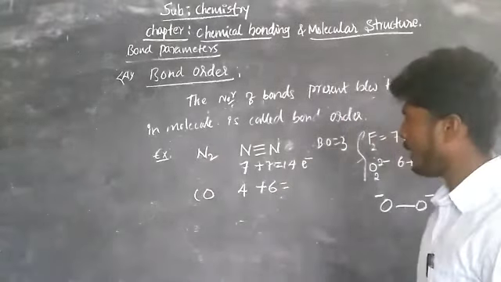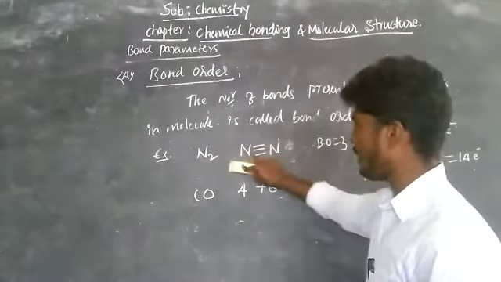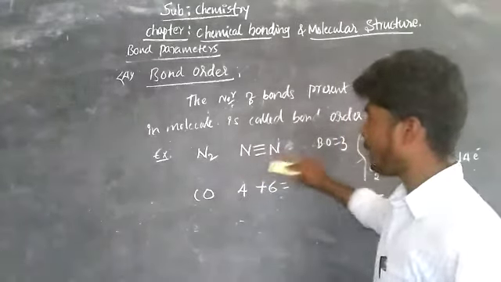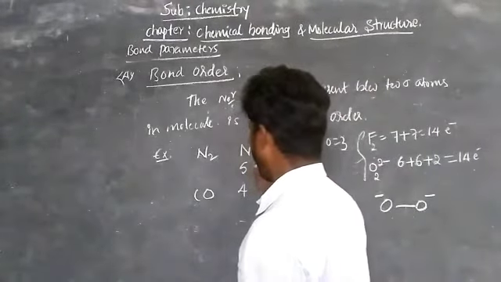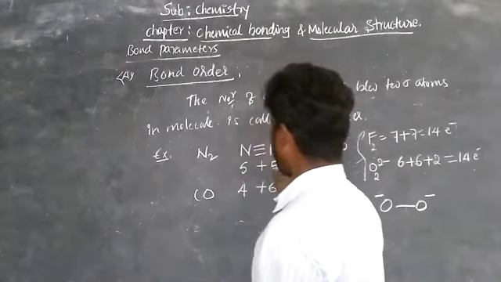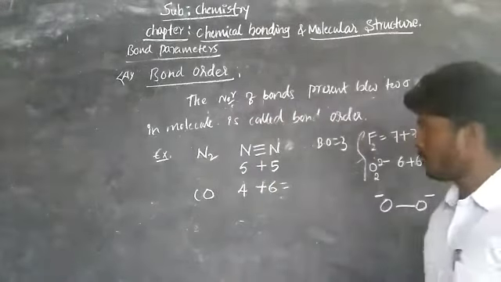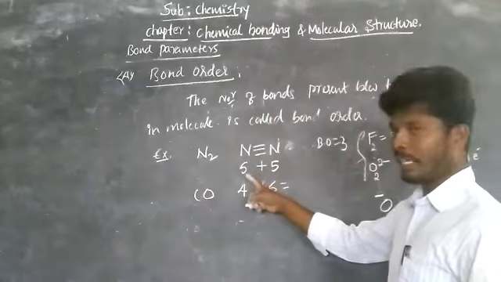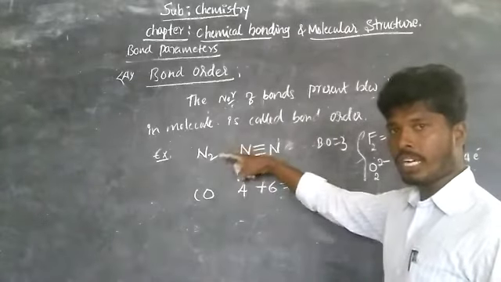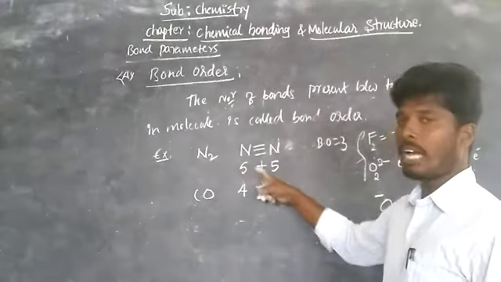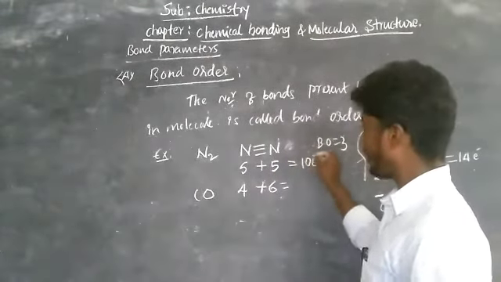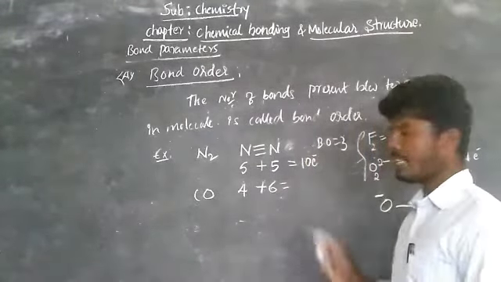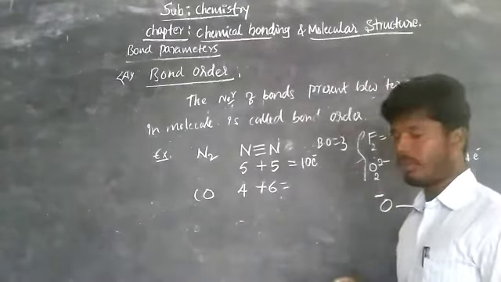Observe here, the nitrogen having 7 electrons in its valence shell, not 7. The atomic number is 7. The electrons is how many? 5 only. Sorry, 5 electrons only in its valence shell. Nitrogen having only 5 electrons, atomic number is 7, inner shell having 2 electrons. The outer shell having 5 electrons. Totally how many electrons? 10 electrons. If there is 10 electrons, the bond order is 3 in nitrogen molecule.